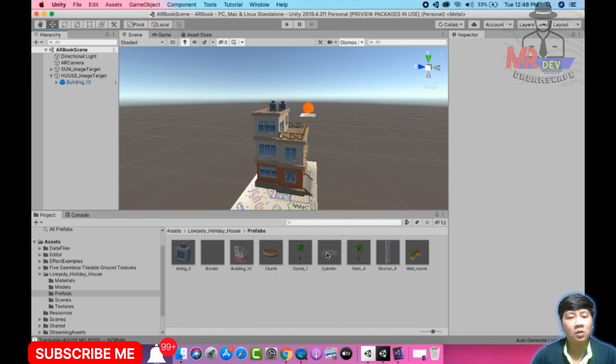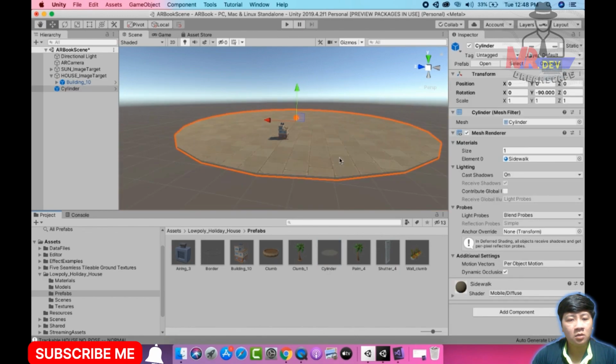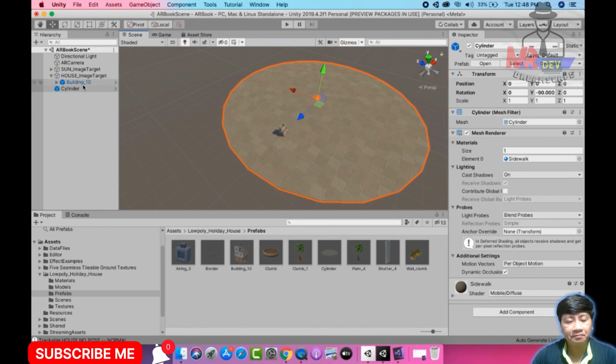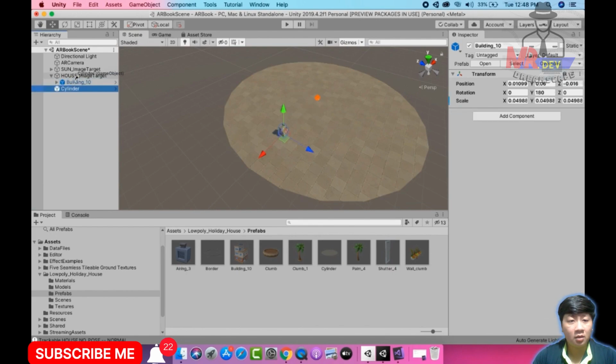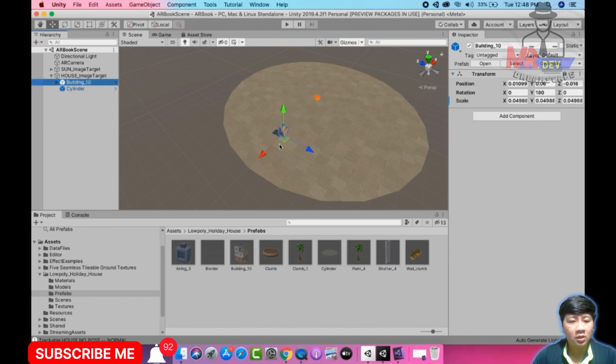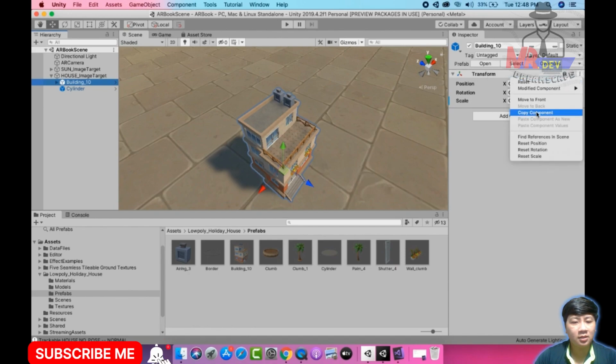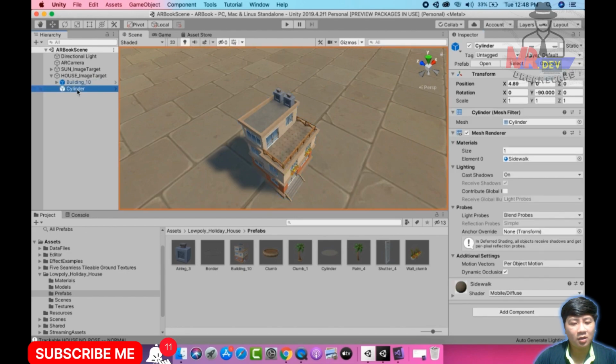Next, I'll select this cylinder object, which is basically the base of the house. Okay. After this, I'll make this a child of the house image target first. Next, to position this cylinder base exactly at the bottom of the house, I'll select the house image target, that is Building 10. After this, I'll click on these three dots. Next, to transform, I'll then click on copy component. I'll select the cylinder object,